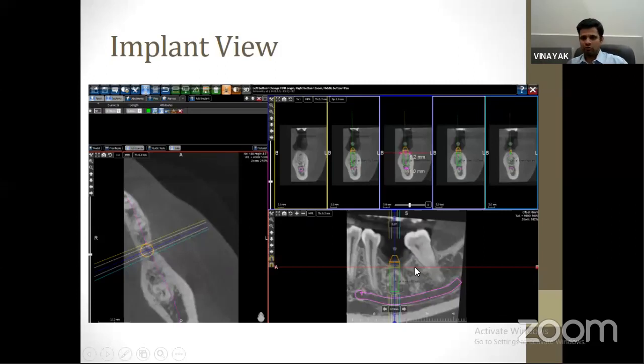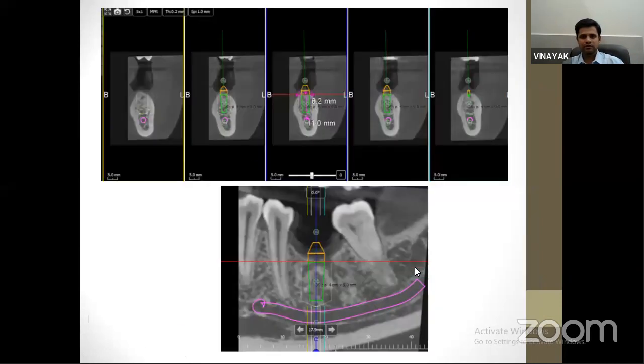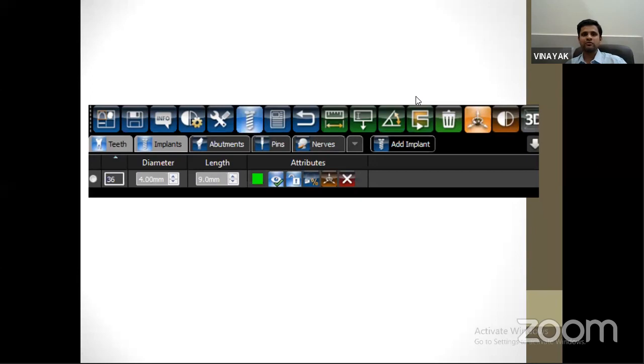So we can scroll through these sections in the software. We can do the measurements and so on. So these are the 5 lines and these are the corresponding 5 cross sections. These can be moved and the scan can be studied. Now all the software will have these tools. There will be a scale in all the software with the help of which we can do the measurements. You can measure the height and width. There would be an angle tool to measure the angulations, and there would be something to measure the